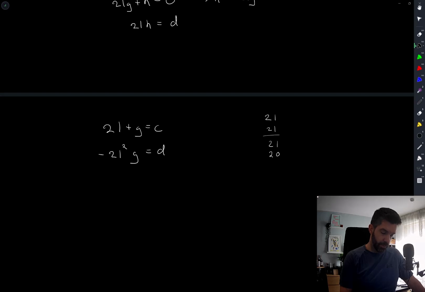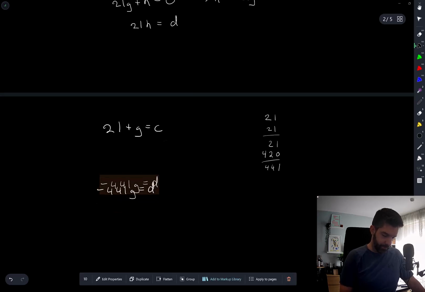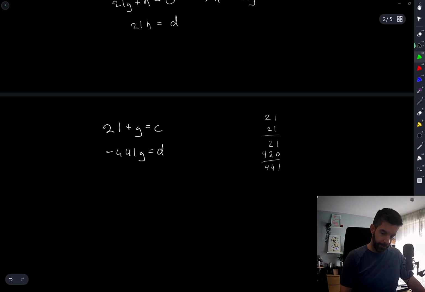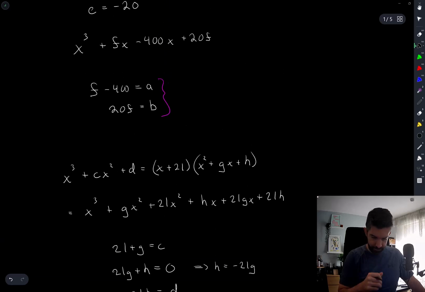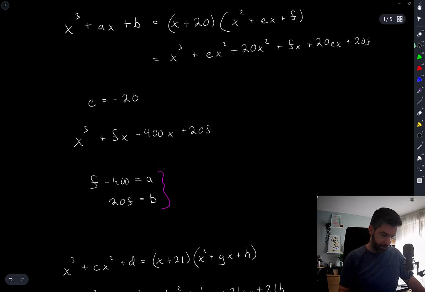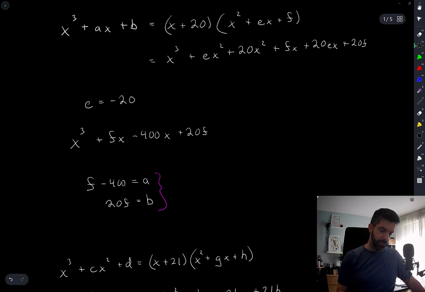No, it's 441. Sorry, of course. So negative 441g is equal to d. Okay. And they share a complex root. That means,